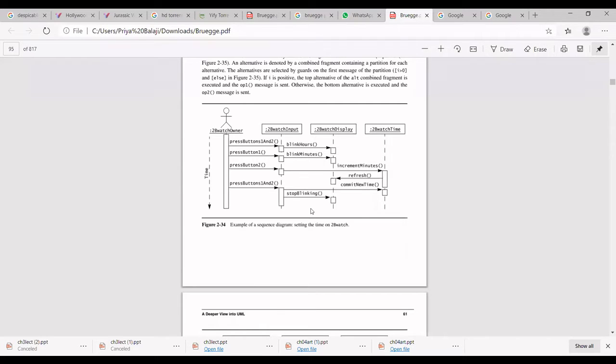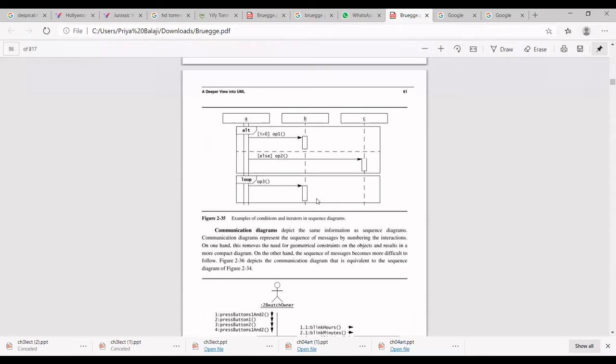So now the extra thing we are going to discuss is the condition and iteration sequence over here. What is this condition and iteration sequence? In your ATM, when we discussed ATM machine withdrawal, you remember when I put in an ATM card, if the balance is available for the amount I entered, you will get the cash.